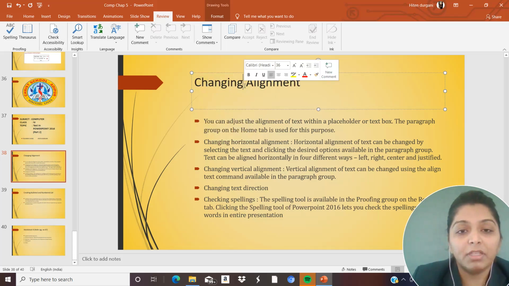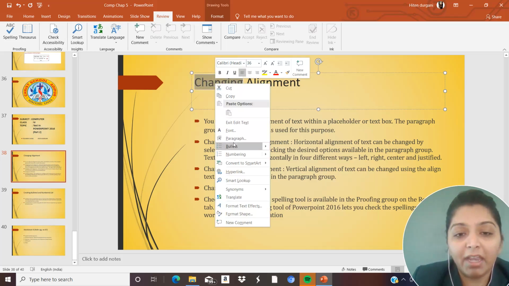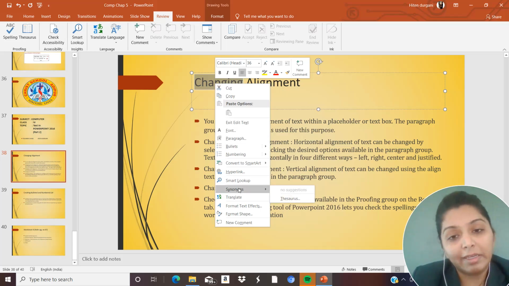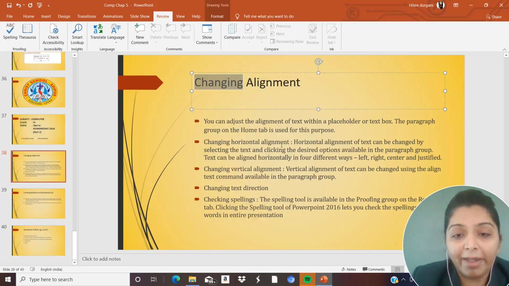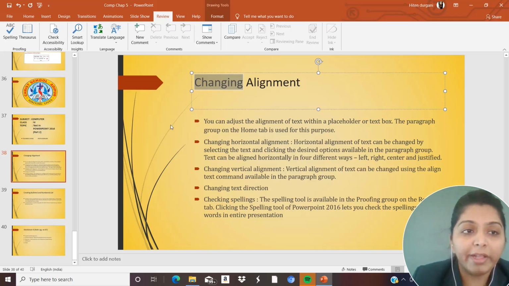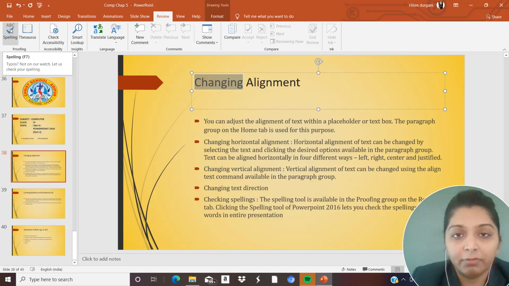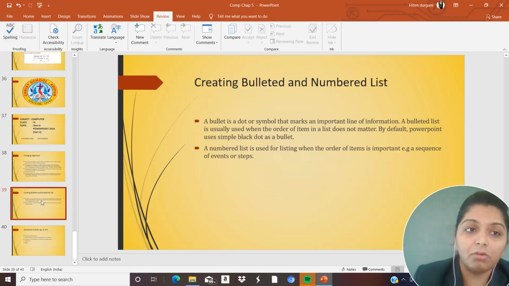Now see, if we select this letter, then we do not have any synonyms or suggestions for changing the spellings. I just selected that word and right clicked on it. Now see, I have different options of cut, copy, paste. Clear to you? If there is a red line under some word, we can select that word, right click, and check the spelling, or else you can go to the Review tab and check the spellings from here. Yes, dear children, any doubt?